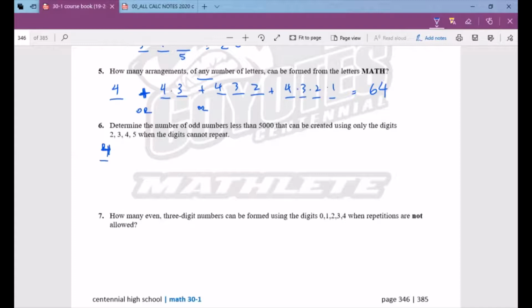If the digits can't repeat, 2-digit numbers, 4 times 3. 3-digit numbers, 4 times 3 times 2. And then for a 4-digit,